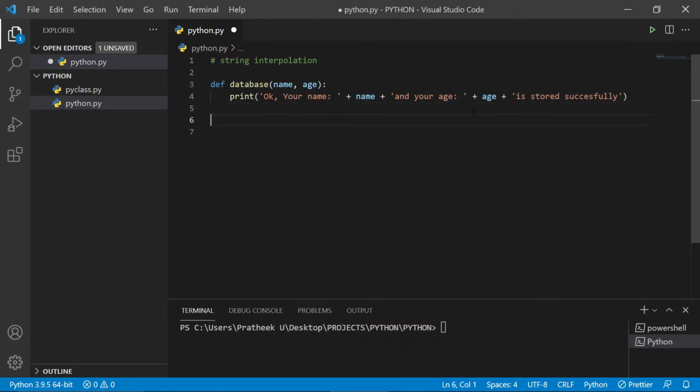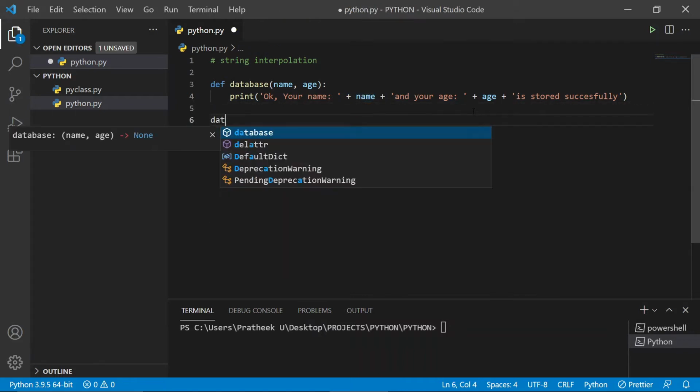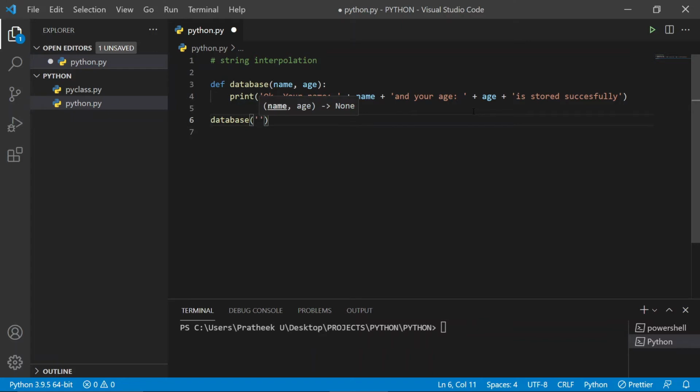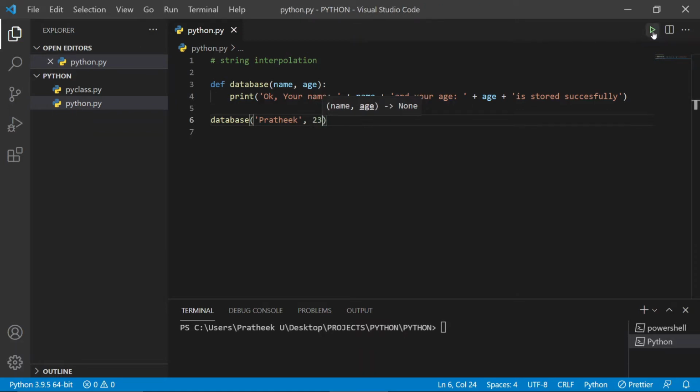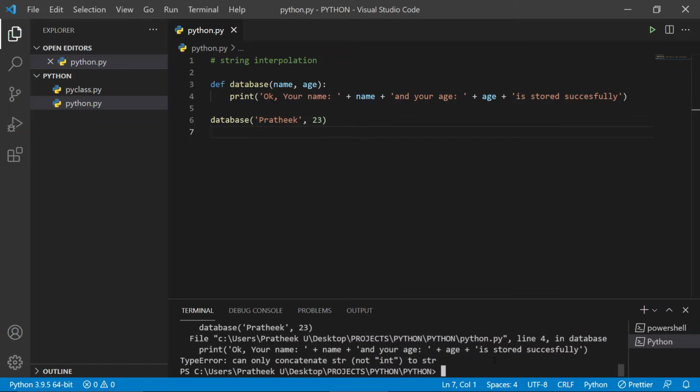So let me quickly go ahead and run this code. Let me type database of, say, Pratik, and age be like 23. If I go ahead and run this, you notice that it will throw me an error. The reason for this error is the type error. That's because we cannot concatenate the integer value with a string. Here the integer value is age, and we cannot concatenate it with the string value, which is and your age